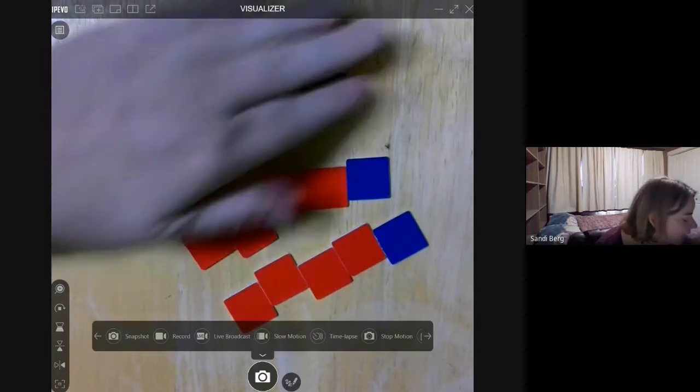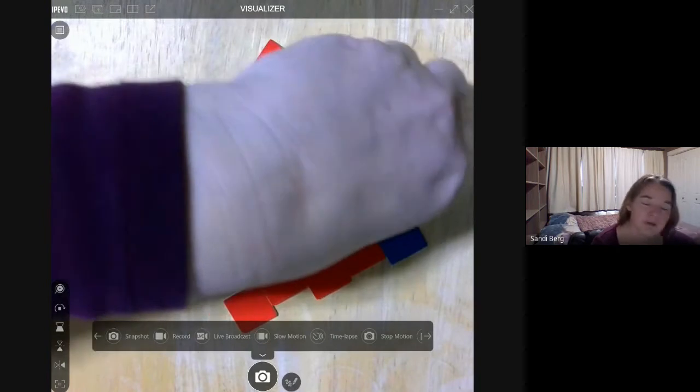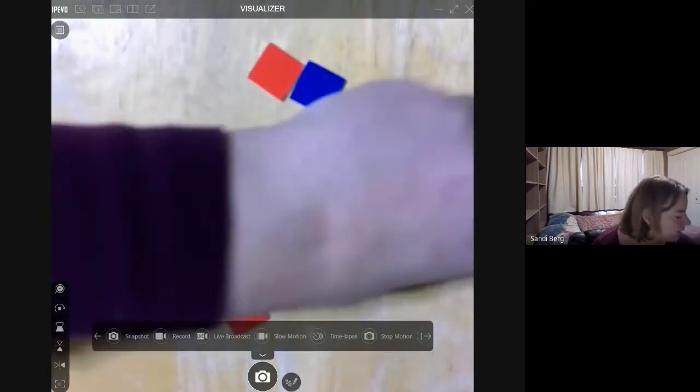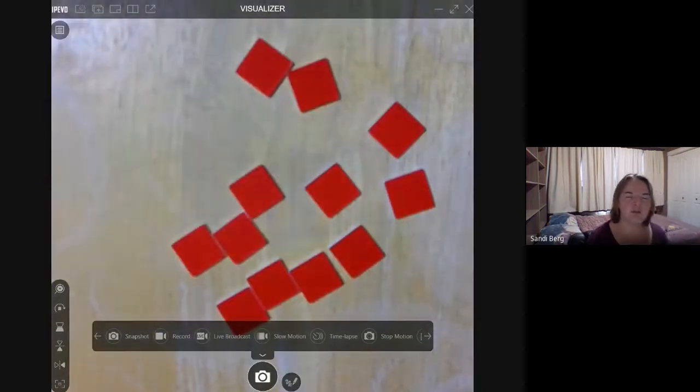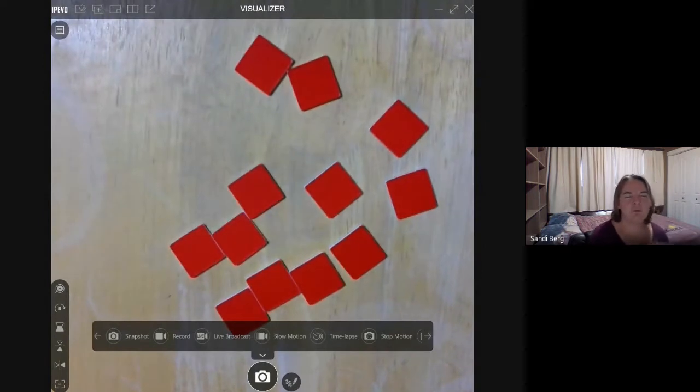So then after we've been playing with this lots, or even before I'm worried about that, and I'm just doing other stuff, because I do believe math is cyclical. I'm going to keep touching on the same ideas throughout the year. It's not like we do addition and subtraction in the beginning of the year and then I never touch it again. I just get more and more complex numbers,